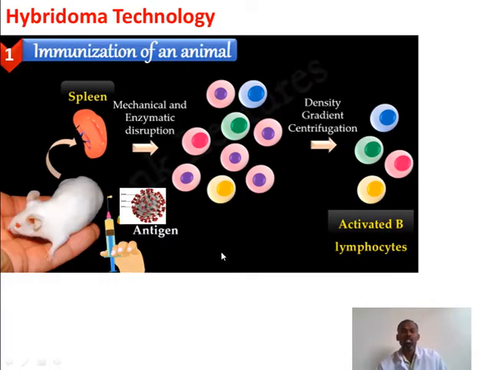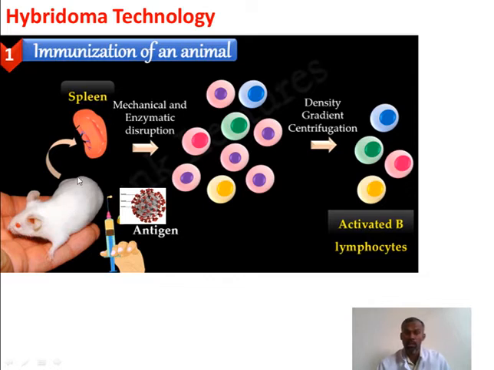So how does this technology work? First, you need immunization of an animal. We need an antigen. In our case, we are taking novel coronavirus 2 and injecting the virus into the animal. This animal gets the disease, and this animal